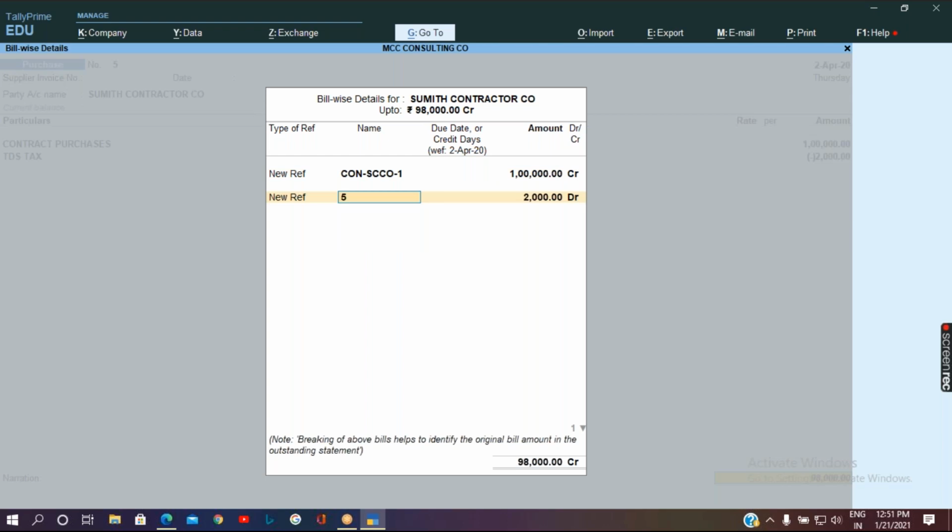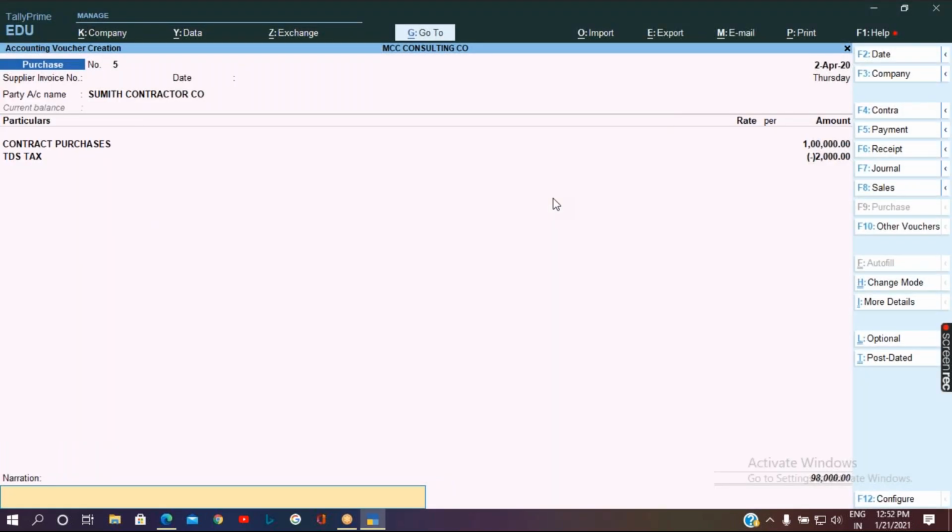Another reference, TDS Construction Co. First TDS. Accepted. So this is how you are going to deduct the TDS for the party in the purchase entry and on the journal entry.